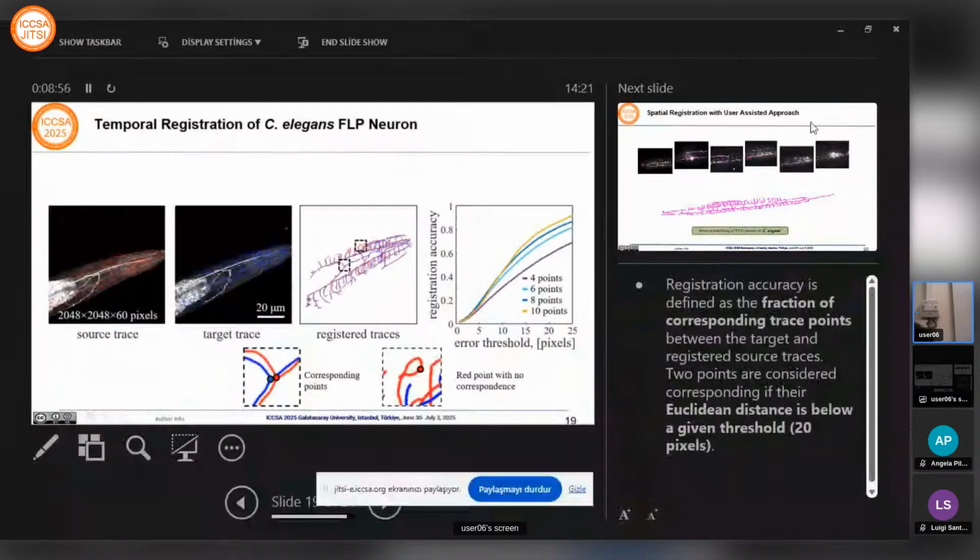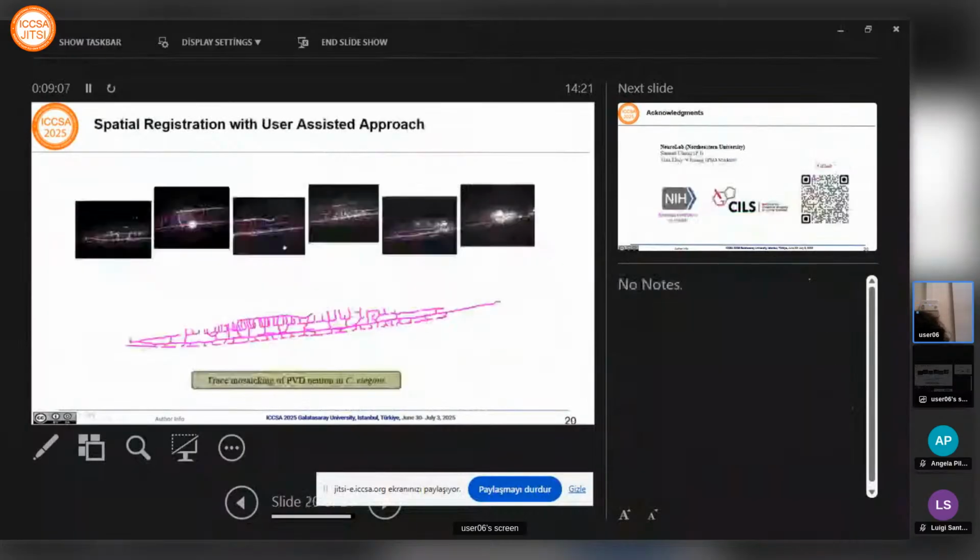But then in this section, you see that there is a source point that does not have a corresponding target point. So this is how we get the accuracy here. Our approach is good for temporal registration, but we can also do spatial registration. So one of the neurons in the elegans